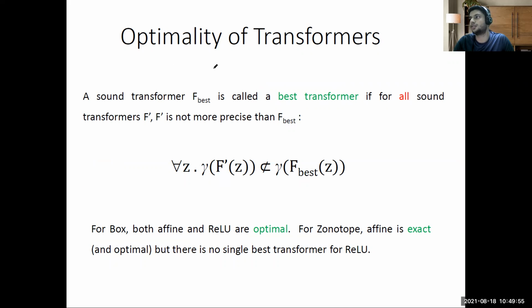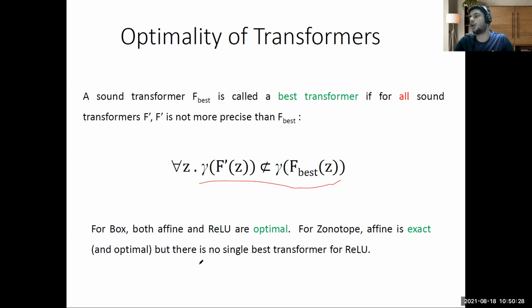So we say something as optimal when there is nothing better than the best. This is pretty evident from what is stated here. Just to give you an example, for Box, both affine and ReLU transformations are optimal, because there is no other way you can define some transformer. But in case of Zonotope, and even in case of Polytope, the affine transformation is exact and optimal, but there